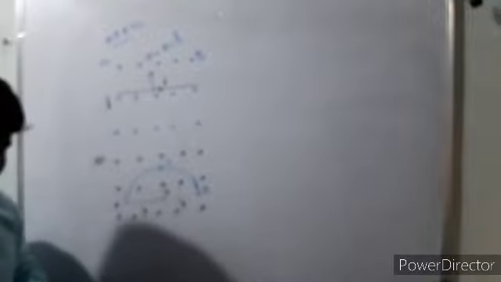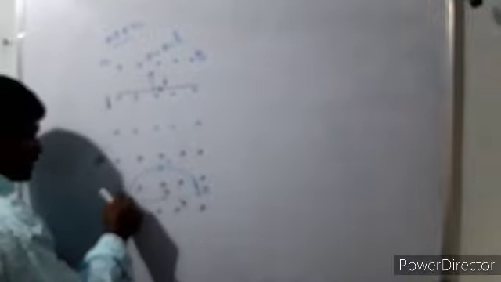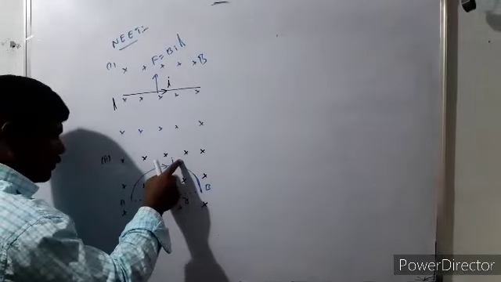Now, I told one point: the magnetic force is independent of the shape of the conductor and depends only on the shortest distance between the initial and final points of the conductor, or the shortest distance between the end points of the conductor. If we see here, we consider a semicircular conductor carrying current I amperes.